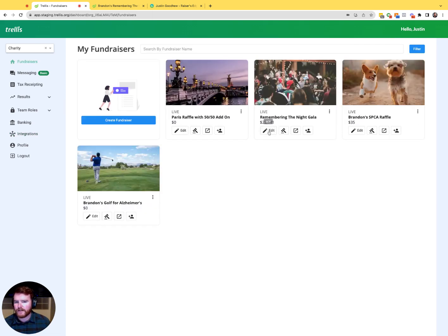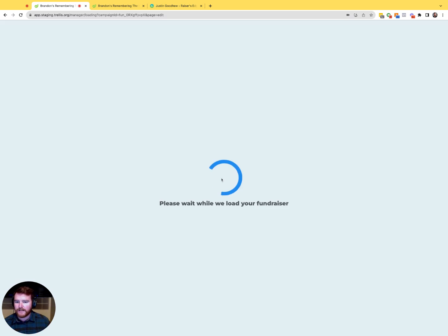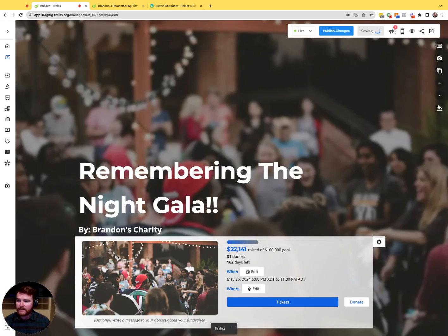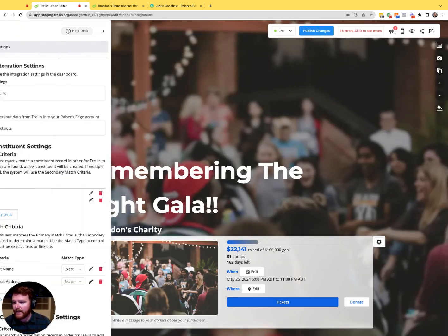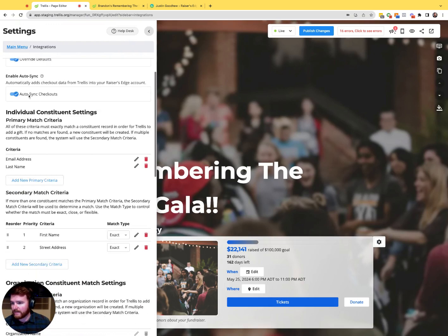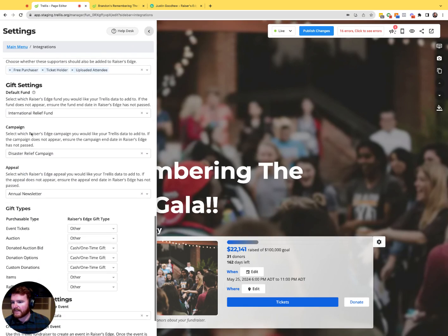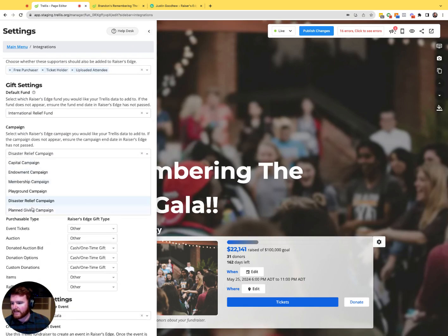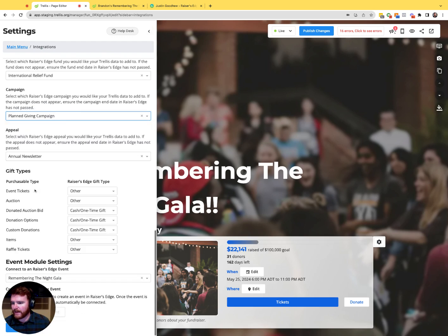Now I'm going to show you what it looks like on the fundraiser side, because yes, you have your default settings that we just looked at, but you also need to look at it on the fundraiser level. So this is the fundraiser editor right here, and we're going to go into the integrations and we're going to override the defaults. And let's say maybe you want to add it to a different campaign. So instead of that, we're going to go to the planned giving campaign